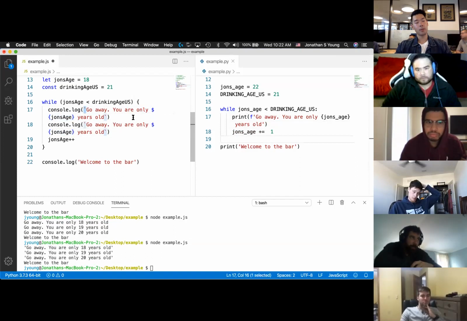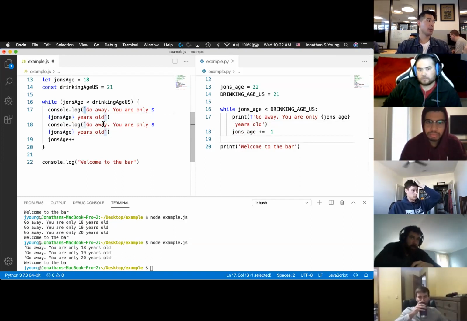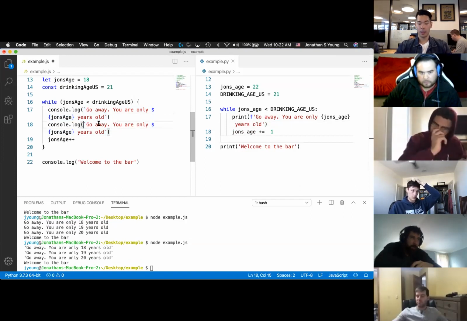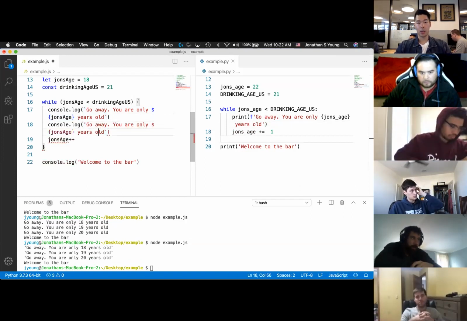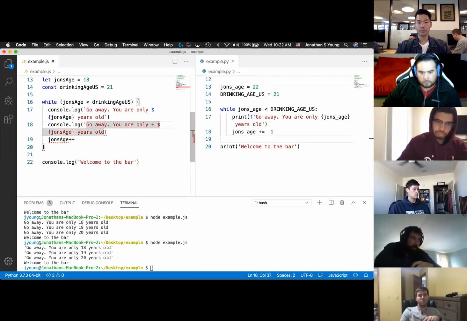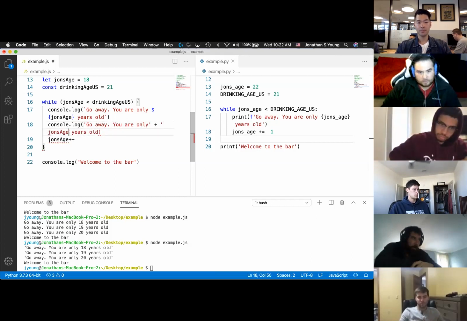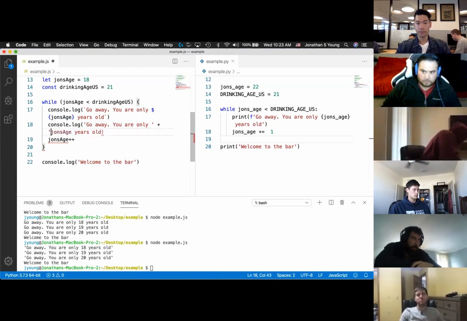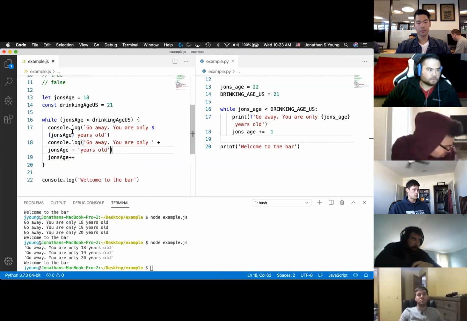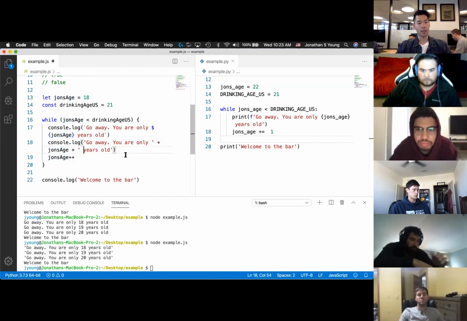So I generally put backticks to notify other engineers that, hey, I'm about to interpolate something. I could do the same thing inside of JavaScript just by doing this and then plus, I could do single quotes and then just do a plus and then add in my age and then plus years old.